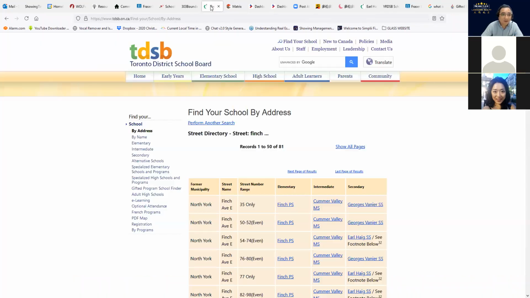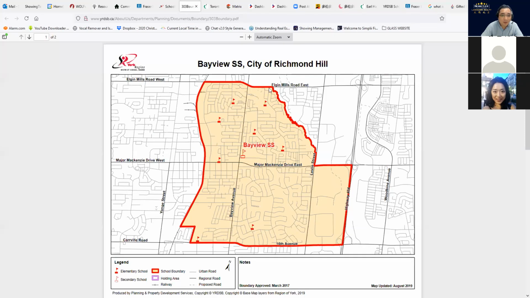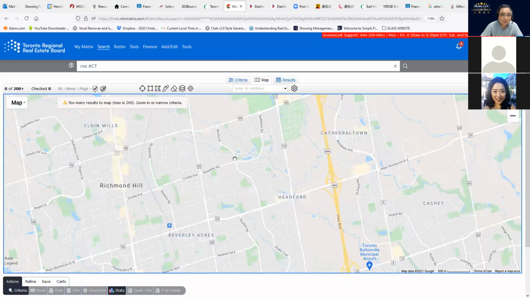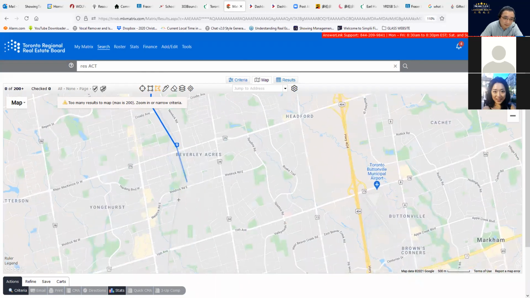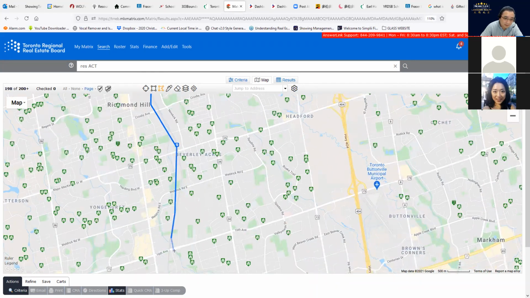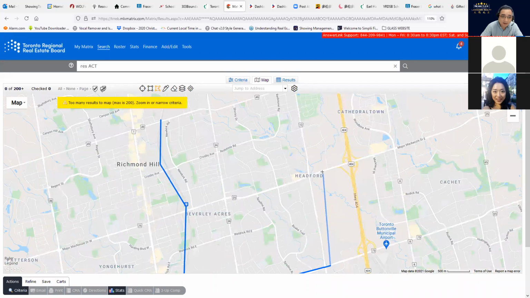Let's double check the school boundary: Elgin Mills, Leslie and Yonge Street. Okay, I got it. So I will check 16th and Leslie.